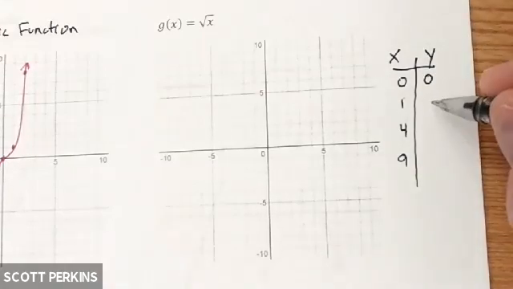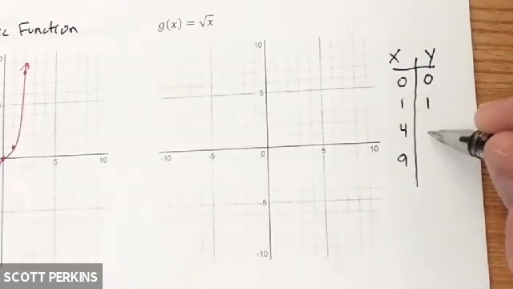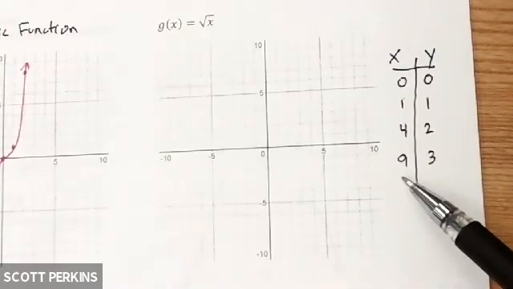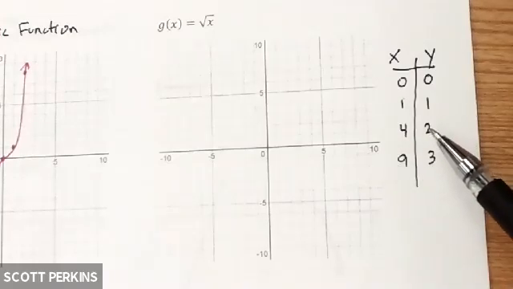What's the square root of 1? Square root of 4? 2, thank you. Square root of 9, perfect. Remember the square root, that's the operation. It's asking you what number times itself gives you what we started with. So 3 times 3 gives me 9, 2 times 2 gives me 4, 1 times 1 gives me 1, same